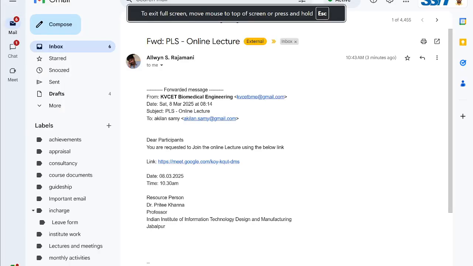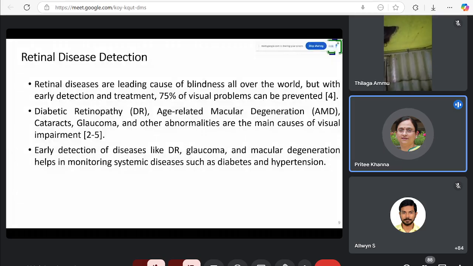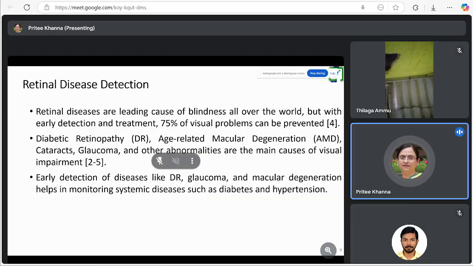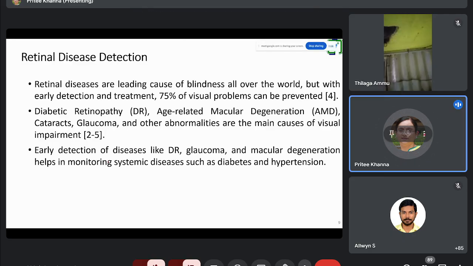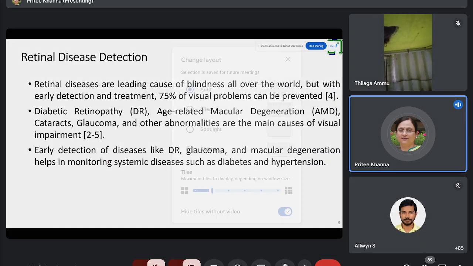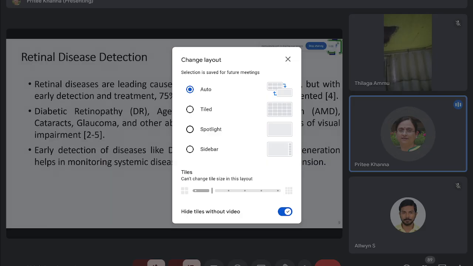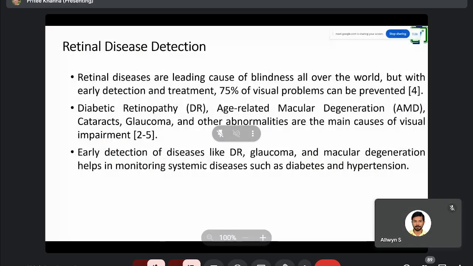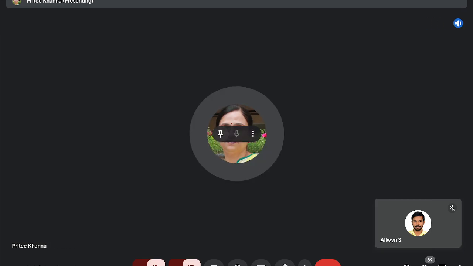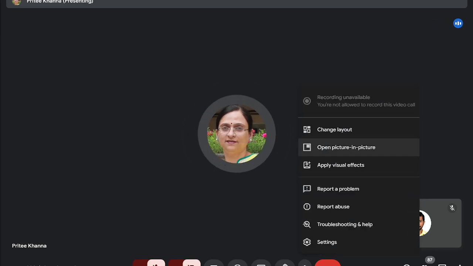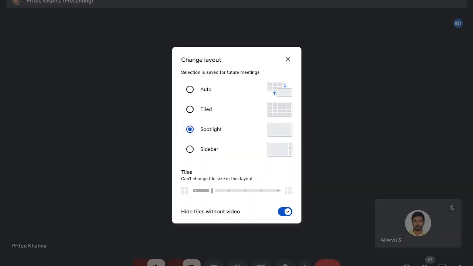You might have heard that Google has prepared a device that captures the eye, so they can keep track of hypertension and diabetes. Retinal examination is a non-invasive way to assess overall health, and so it is going to help prevent